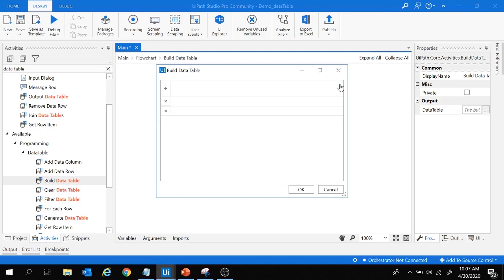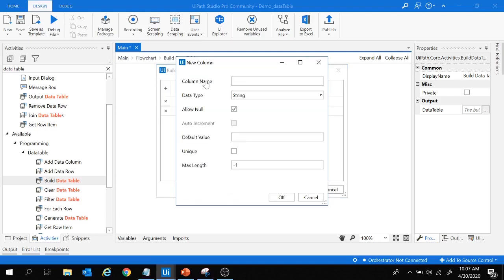Now to create the columns, we can click on this plus sign, and we have this new column window. We can provide the column names which we wish to create. Let's say I want to create the column as employee name, and the data type will be of type string. If you wish to allow null values, you check this box.